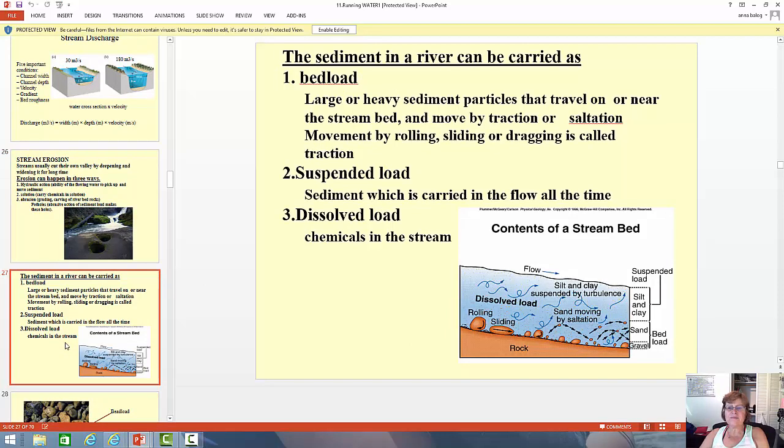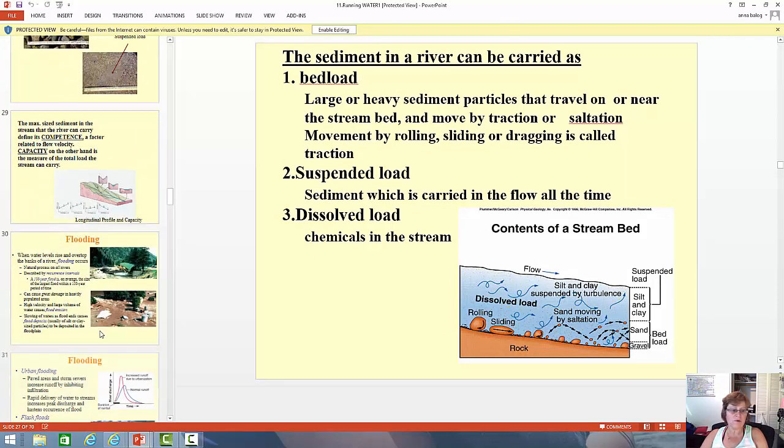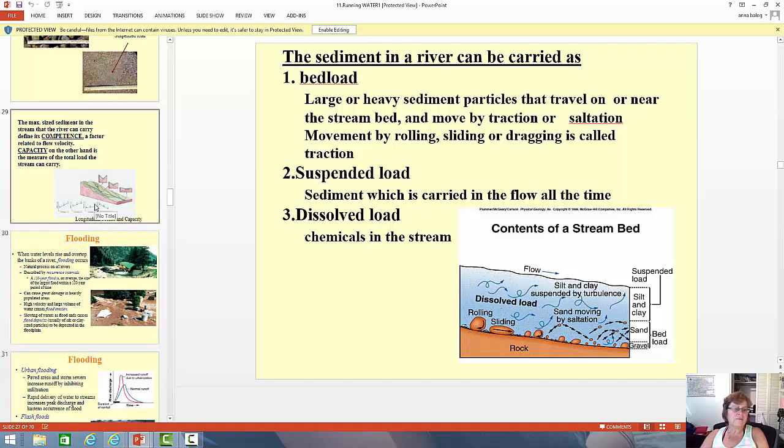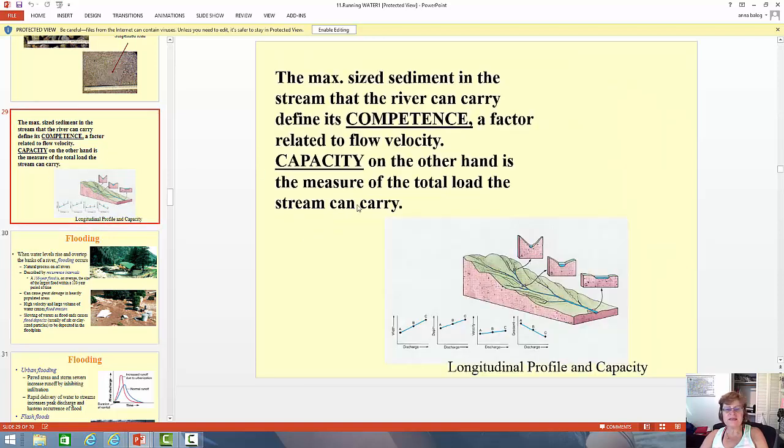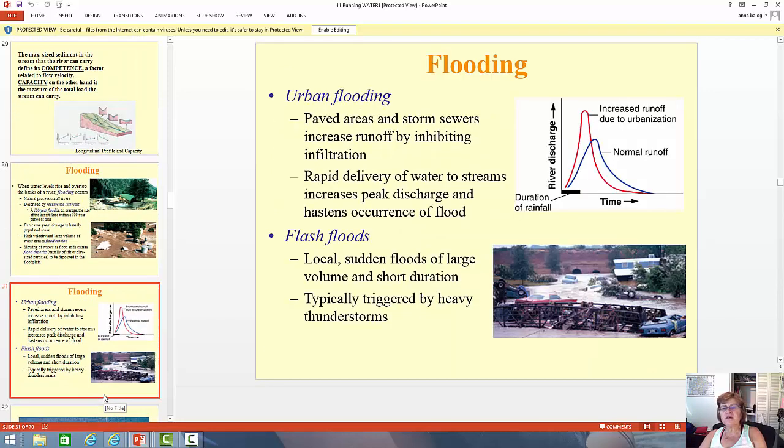And how the sediment is being carried, the bed load, suspended and dissolved load. These are important things. What is competence and capacity? You can expect a true, false, or multiple choice question for those. The different floodings, know something about what is the difference